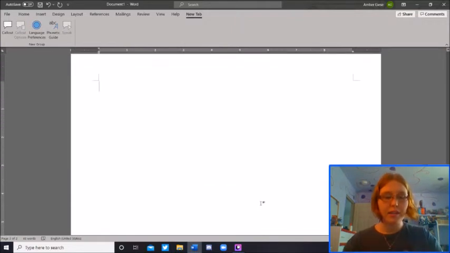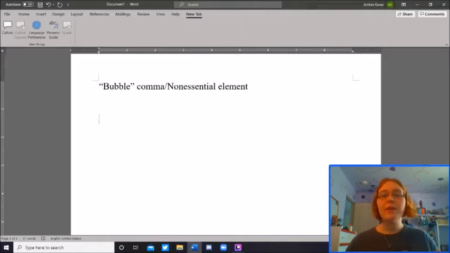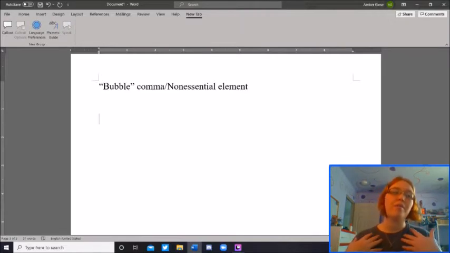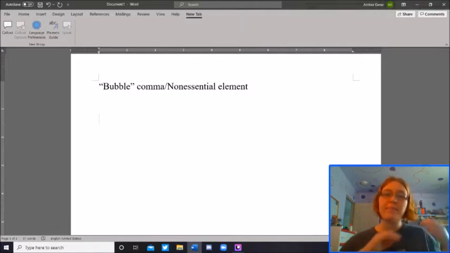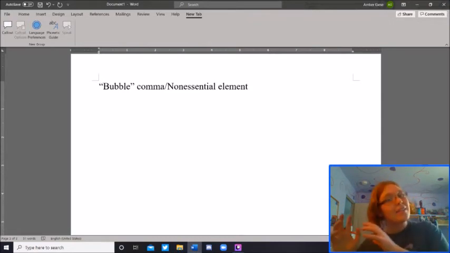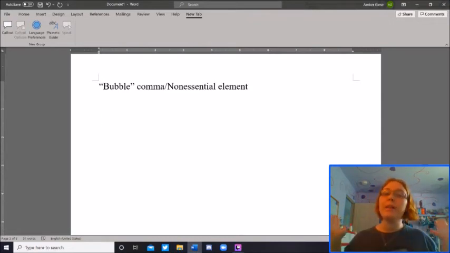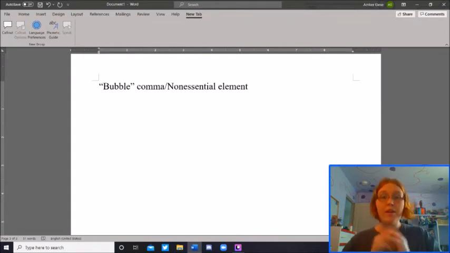The next one is the bubble comma, or what we call the non-essential element. This is typically what happens when you have extra information that you don't want to put at the beginning of the sentence or at the end of the sentence. It's something you want to put smack dab in the middle. For example,